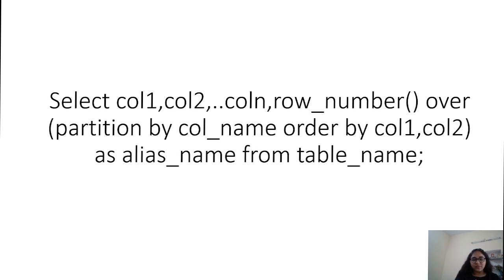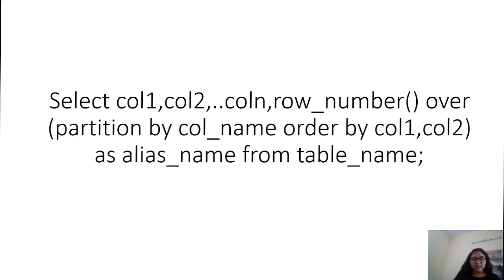So you select the columns that you want in the output, then you have ROW_NUMBER, that's the name of the function. You do not have any arguments for this function. Then the OVER keyword is used, and following that you have inside the parenthesis PARTITION BY and ORDER BY. Now partition by here is optional whereas order by is mandatory. So what partitioning does is it divides the entire data into n number of segments, whatever unique values that particular column has, the column that you have used for partitioning.